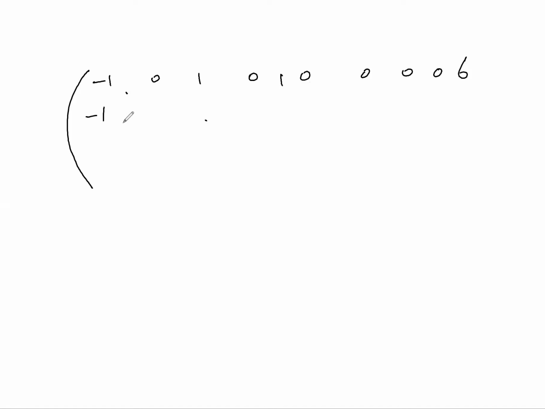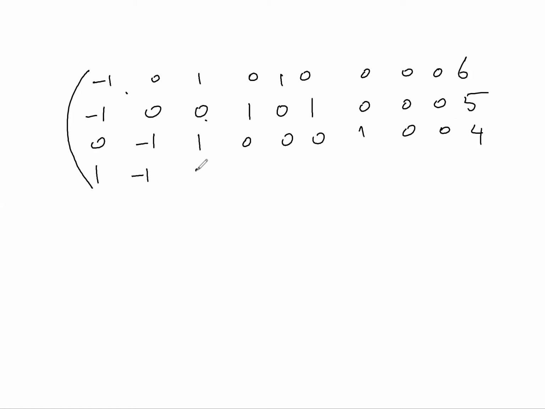Then minus 1 0 0 1 0 1 0 0 0 and 5. Then 0 minus 1 1 0 0 and 0 1 0 0 and 4, 1 minus 1 0 0 0 minus 1 0 1 0 and 3, and then the last one 300 900 500 0 0 1000 0 0 1 and